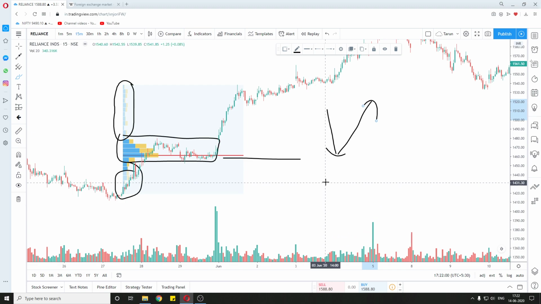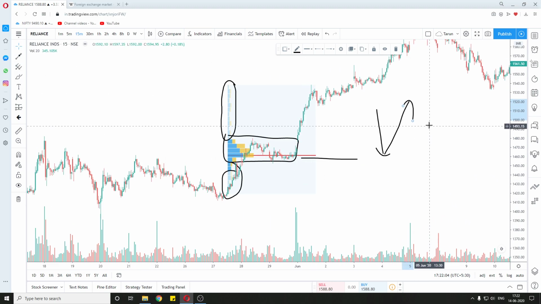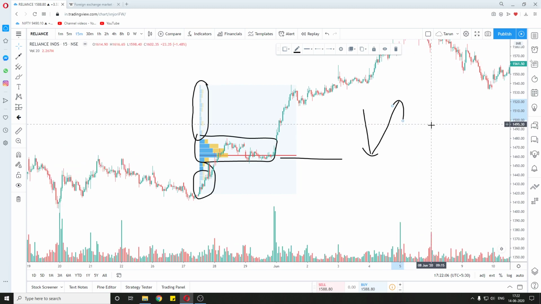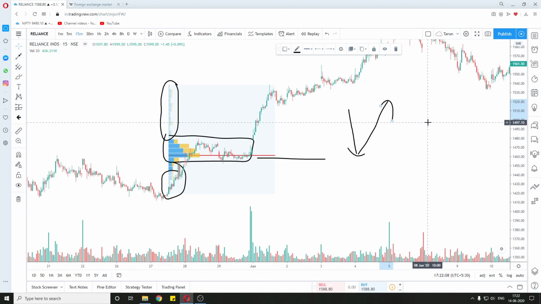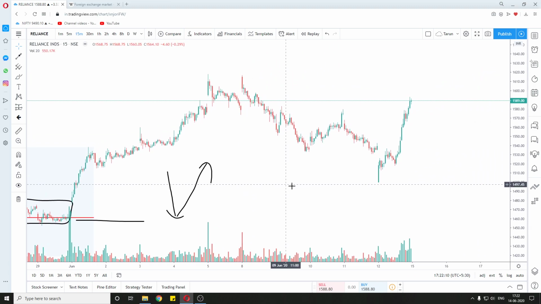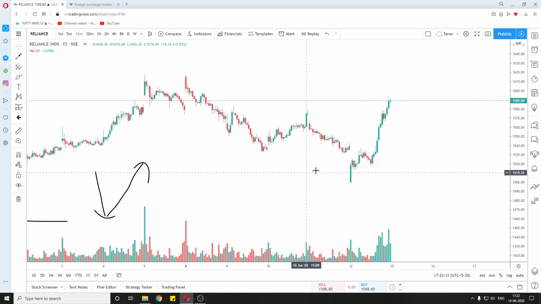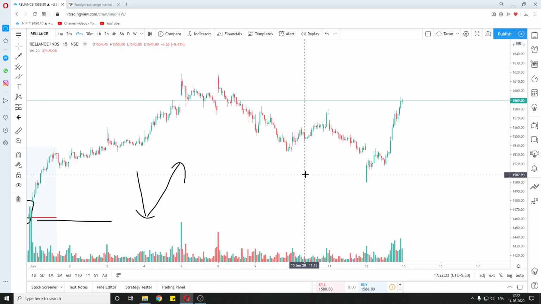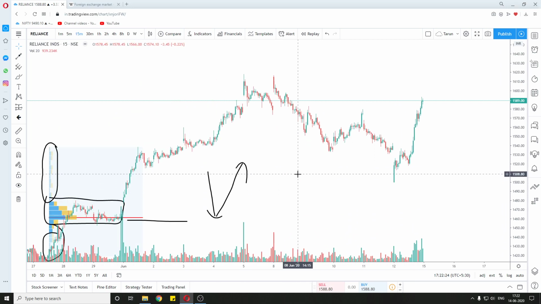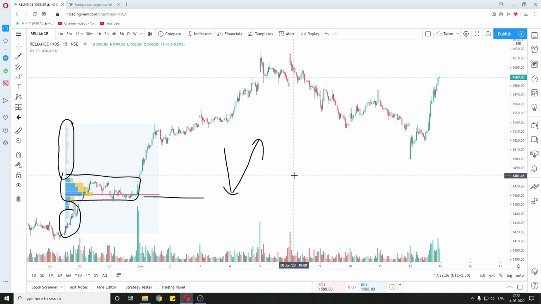So this is how the volume profile works and what it tells us. I hope you got an idea. This might be a little confusing the first time, but once I make one more video, I think it will be more clear. I will provide a link in the description to one more video from where I learned the volume profile myself, so you can get a clearer idea.